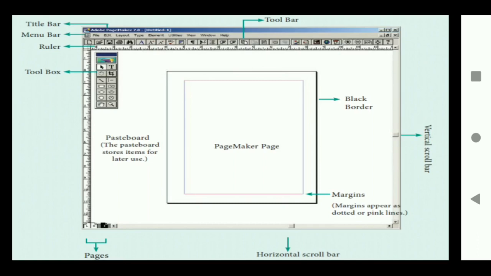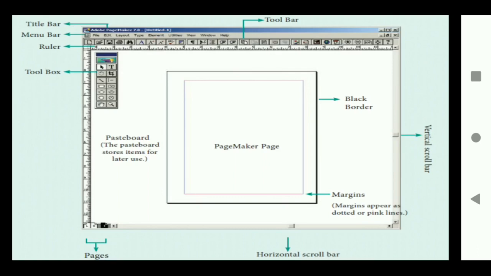Next is the toolbox. Toolbox is like a school pencil box which you bring to school. It contains several items, elements, and the icons shown on the screen each have a particular purpose, which we are going to discuss as the class continues. Next, the black border.